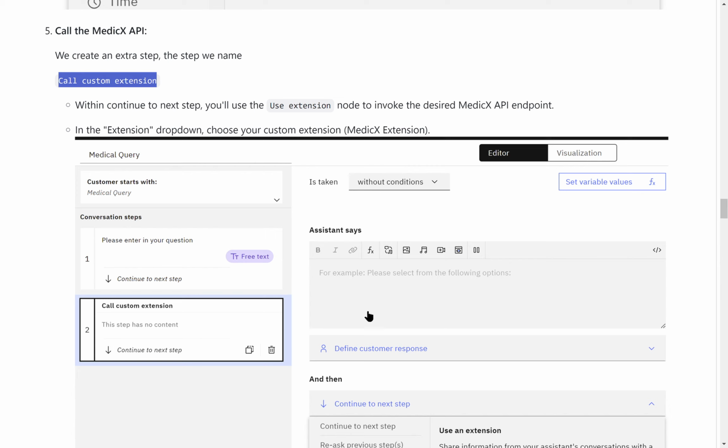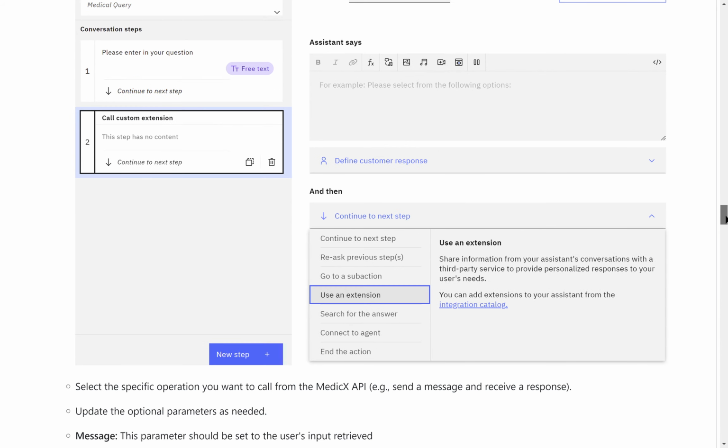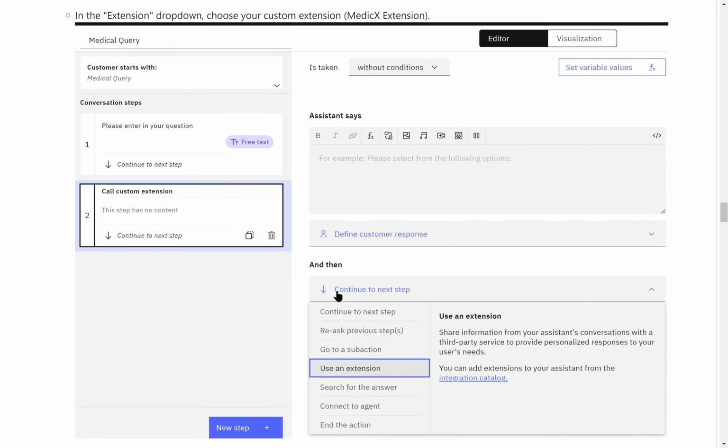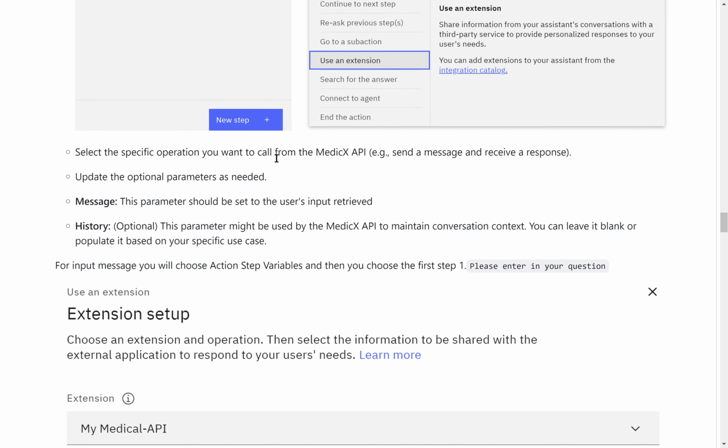add, we choose use extension, okay, at the end, after the end, without any condition. And in this part we have to choose our medic API that we have just added with the custom extension. In particular is